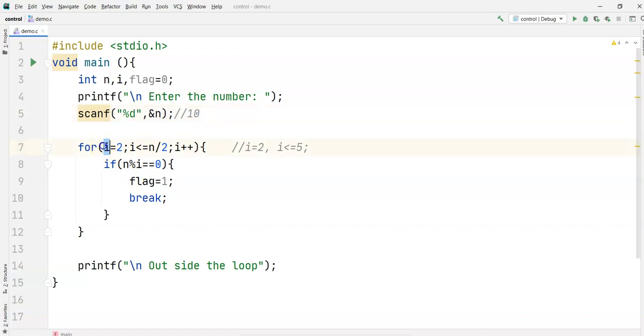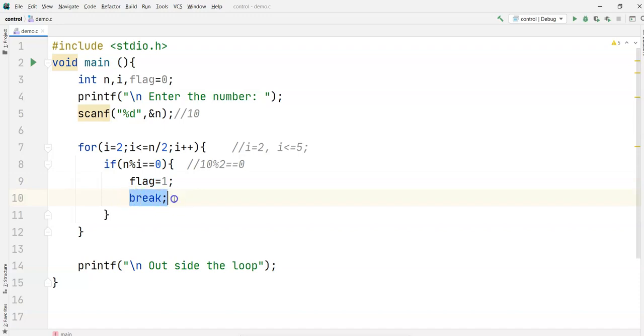So that's why I did not take i as 1. I took 2. n is 10, 10 modulus 2, remainder is 0. If it is true, I am changing flag equal to 1, and then I am using break.